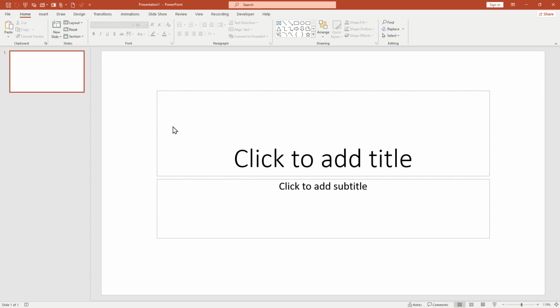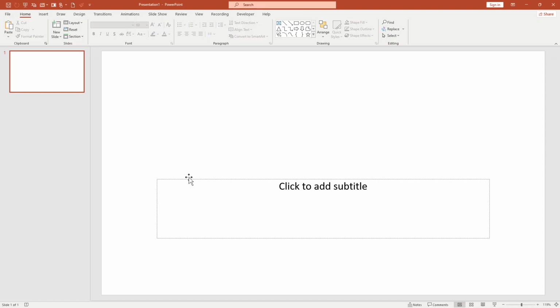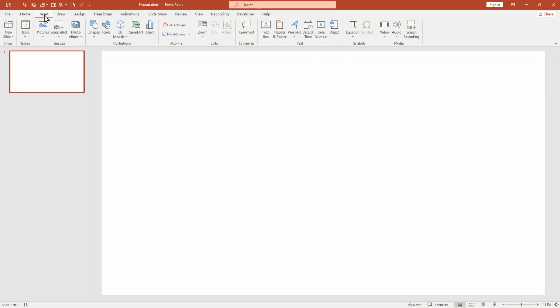Here I already opened a PowerPoint. You can see this is the blank PowerPoint. Before that, I'm gonna take out the text box. Here you can see the two text boxes. Click to add title, and the next one is click to add subtitle. So I'm gonna click on that and use the keyboard delete. The next one same, I'll do the delete. Then in the blank you cannot see anything, and then what I'm gonna do, I'm gonna